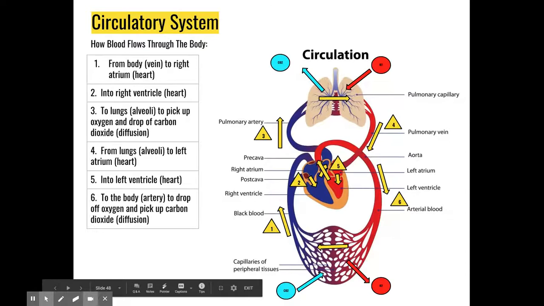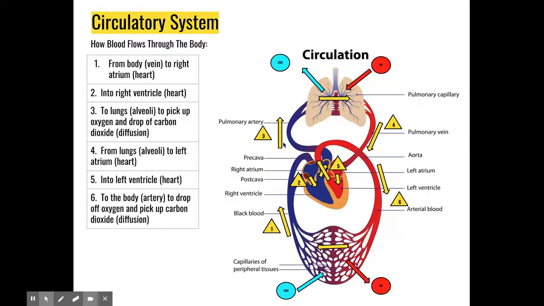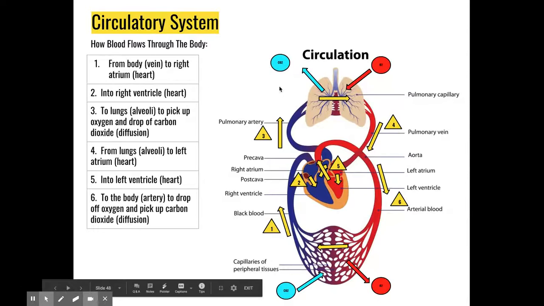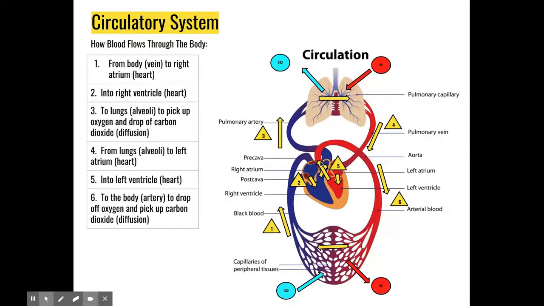So like I said, this is one big convoluted circle, and it's just going to keep moving through. So one more time, if we start in the body down here, like I said, we dropped off our oxygen, we picked up our carbon dioxide. We're now bringing our carbon dioxide through a vein that is leading to the right ventricle of the heart that will be pumped into the right atrium of the heart that will be pumped into the right ventricle of the heart so that this deoxygenated blood can move through this blood vessel right here towards the lungs, where again gas